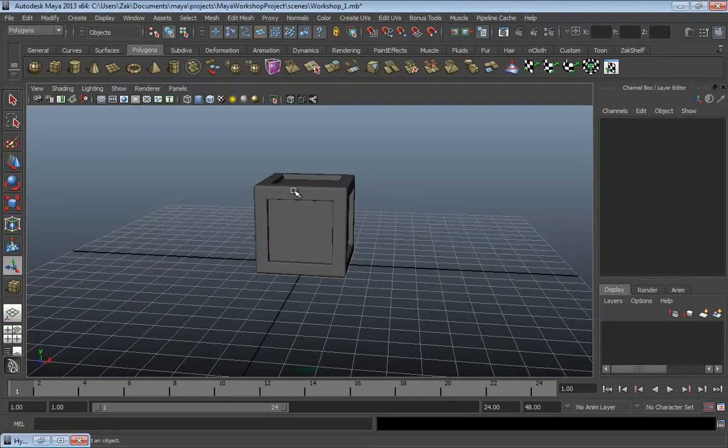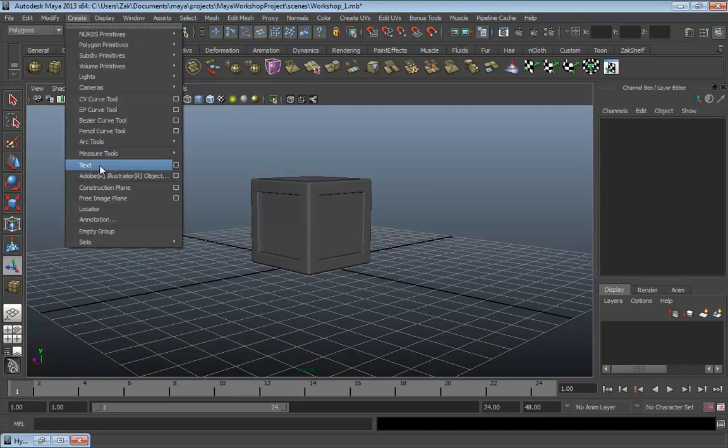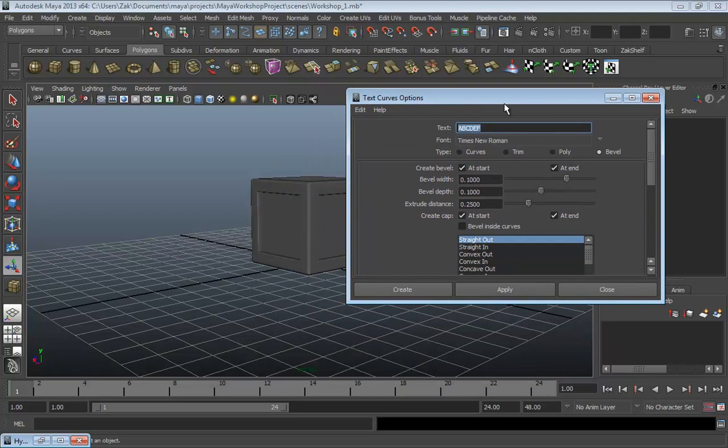What we're going to do next is turn this into a nursery-style letter block. And to do that, we're going to need some letters, or numbers, or symbols, or whatever it is you want to put on here. But here's how we're going to create them. I want you to go to Create, and down to Text, and open up the Options box. That's what this is called over on the right-hand side of a lot of these different commands. It's called the Options box. You'll click on that, and that'll open up the Options window, and type out any collection of 6 letters or numbers,